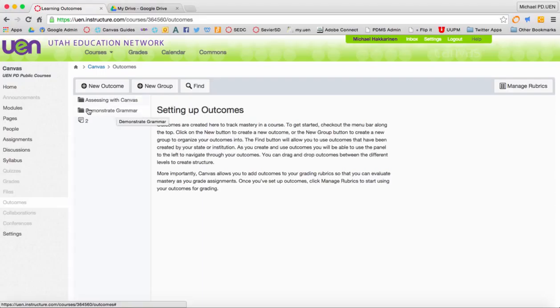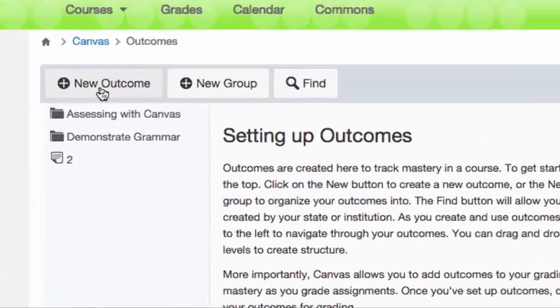I can create folders like this, called groups, by clicking the New Group button, or I can create a new outcome. My third choice is I can find outcomes that have already been set. Some school districts have outcomes preloaded based on their state core standard. In this demo, I'm going to create a brand new outcome for this course on Canvas for Beginners. So first I'll click on the New Outcome button,